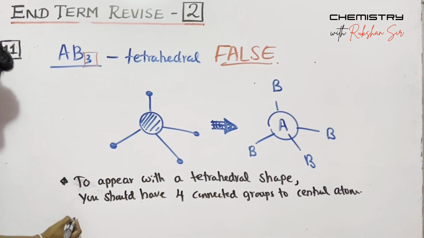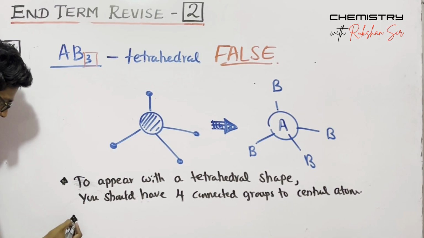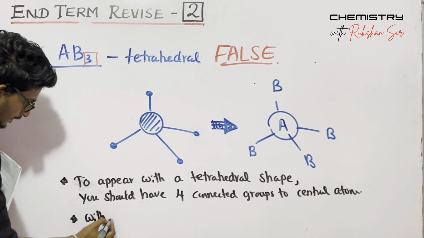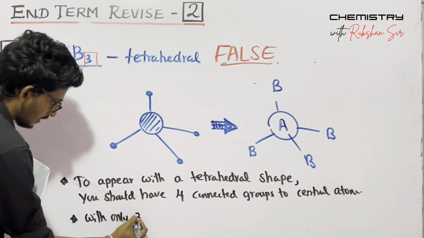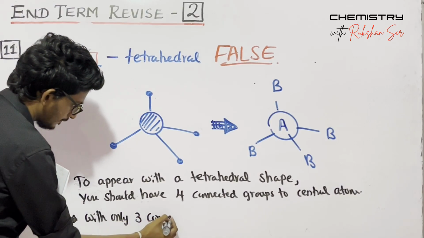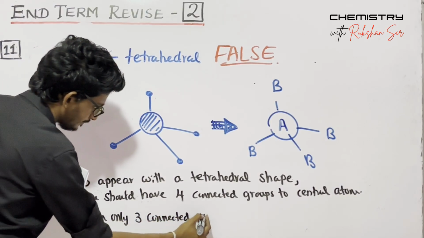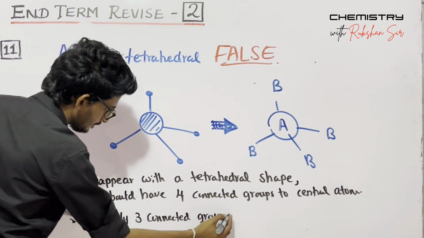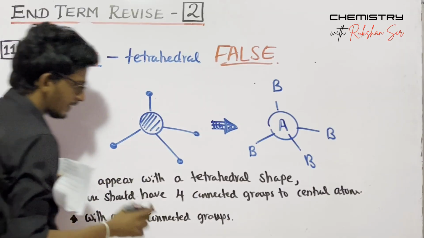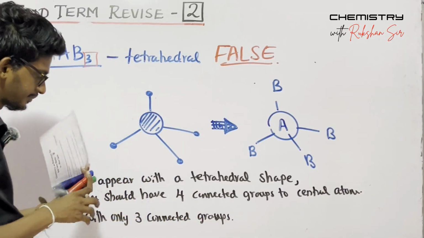That's the first point. Then you can say, with only three connected groups,